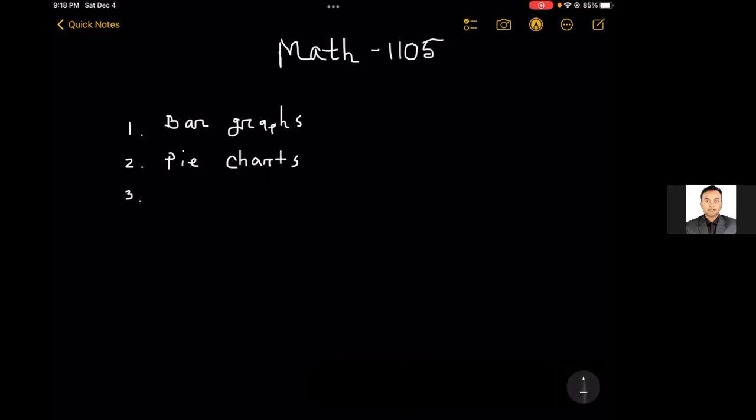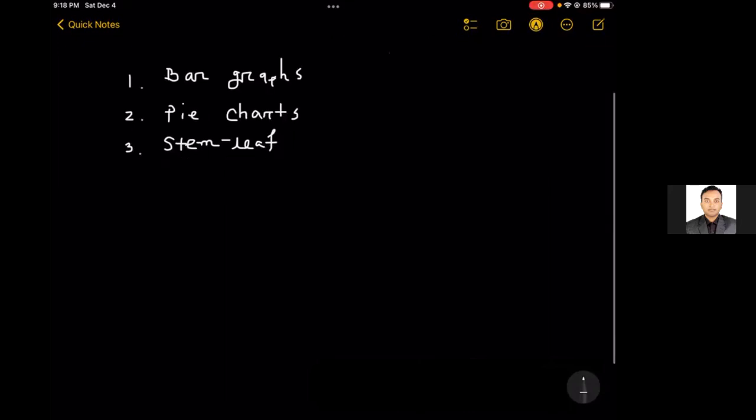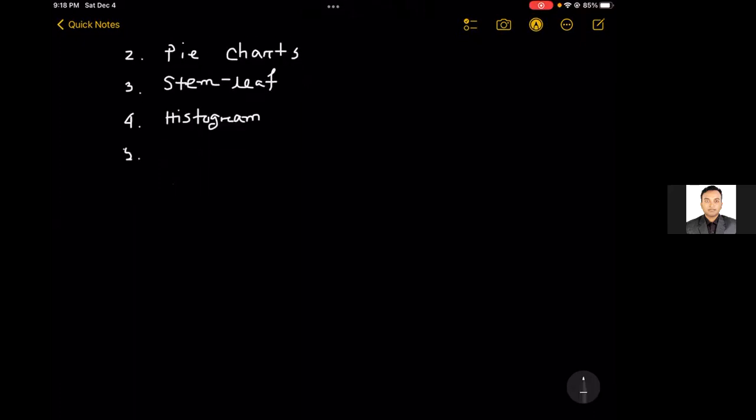Sorry about that. The third one is, well, it doesn't need to be in any order, so I can write one by one. The stem leaf plot, if you remember. The fourth one was histograms. And last but not the least, pictographs, right? Okay. Now,